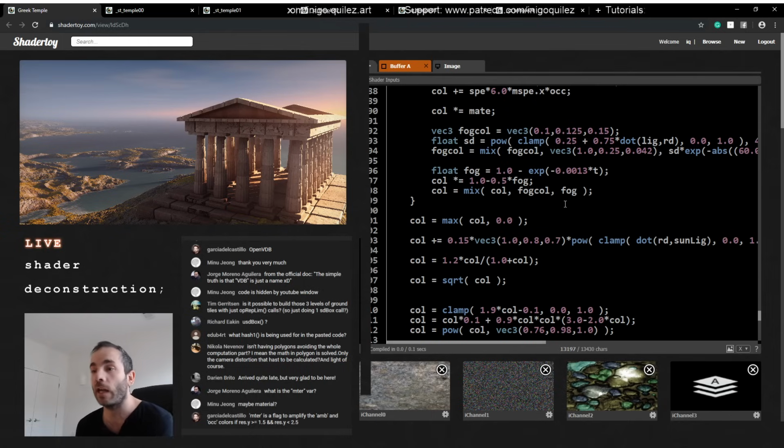And the same way the sky color gets more red the closer a pixel is to the sun, the fog color also gets more red the closer the pixel is to the sun. So instead of using just a constant blue color for the fog, always a good idea to colorize it. And